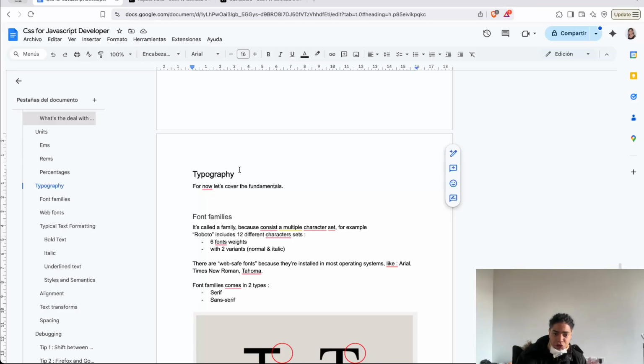the spacing, and the transformation. So the idea of the font family, since this is a multi-character char set, for example in the case of Roboto, it contains 6 font widths and 2 variants, all right, which are the bold and the regular. Because this is provided by default by the OS, for example Arial, Tahoma, Times New Roman, and an application that wants to provide a better experience,